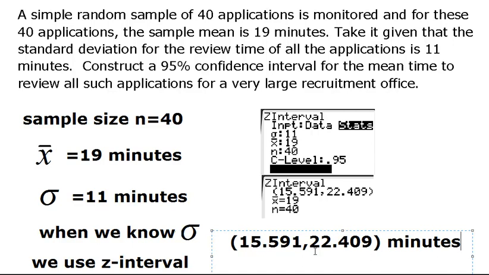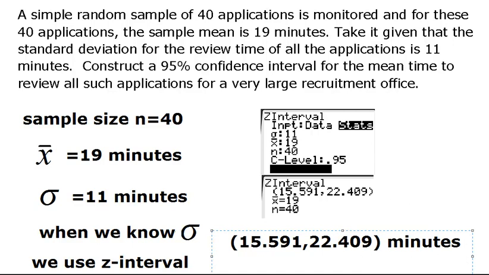So 16 minutes is a possibility, 17.8 minutes is a possibility, because they are contained in this interval. But if somebody says it takes, say, half an hour on average to review all these applications, that will be out of